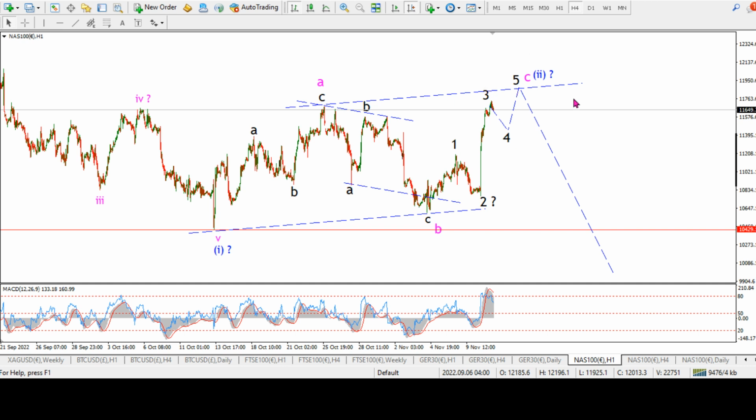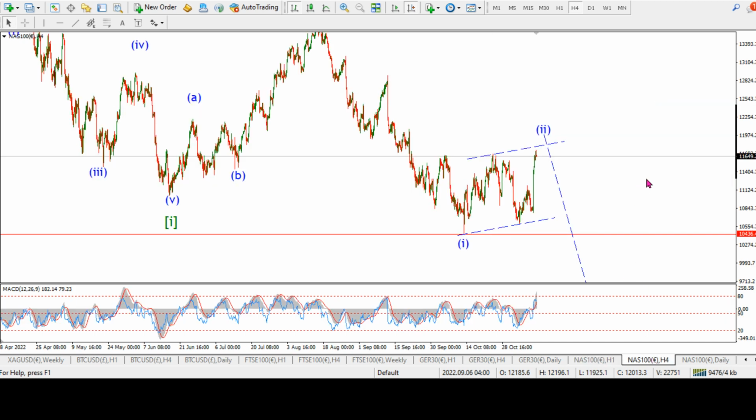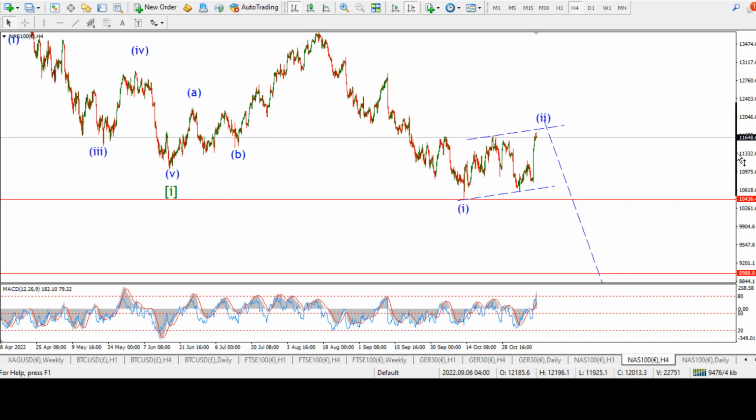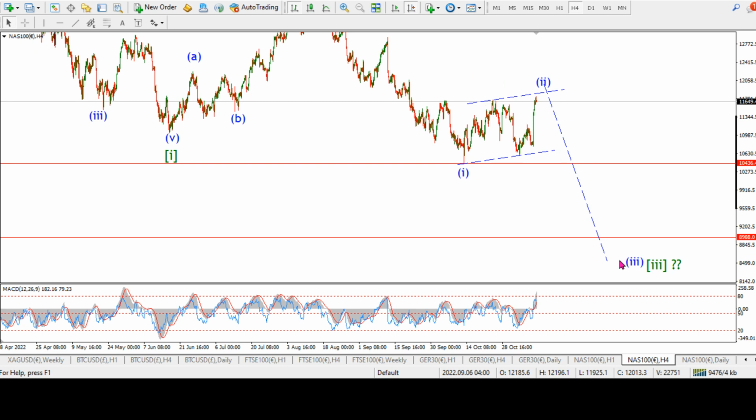We're closing out the trend channel. Don't expect this rally to last much longer. I think once we complete 5 waves up in wave C, I'll be looking lower again to begin wave 3 down. And I think wave 3 down will be the real seal the deal on the NASDAQ, because we're going back below 10,000 in a big way. We're probably going to go towards 7,000 in wave 3 of 3. So watch out,